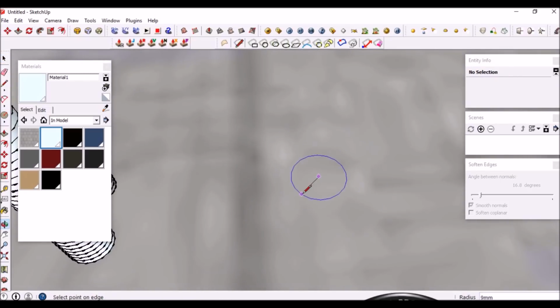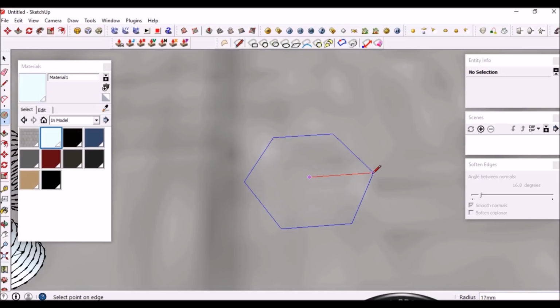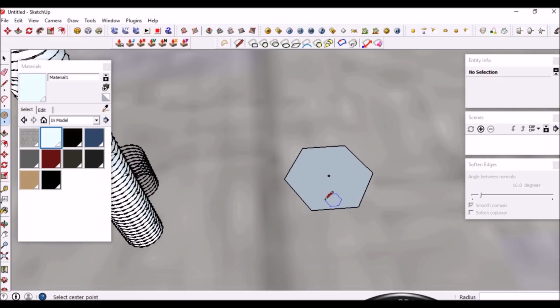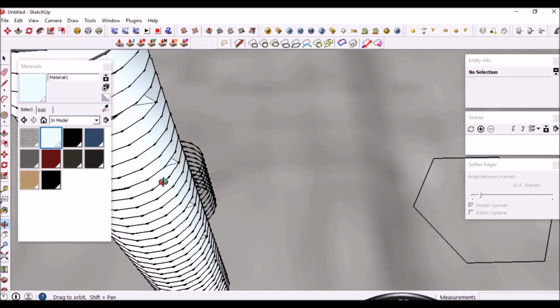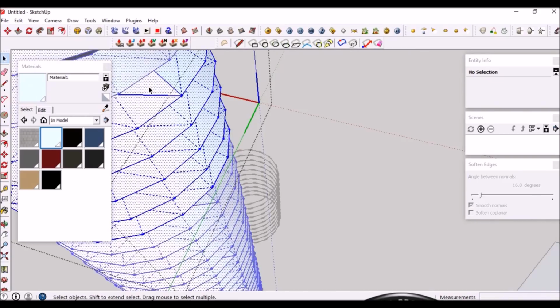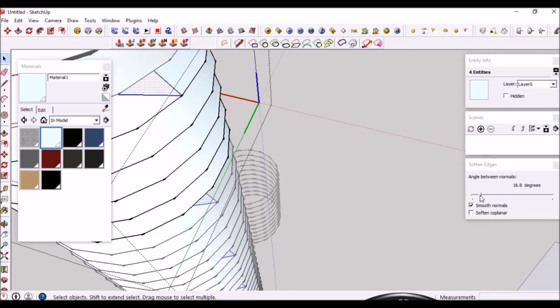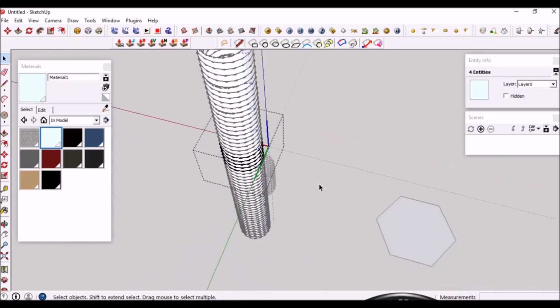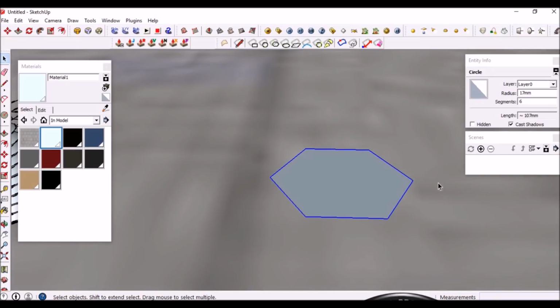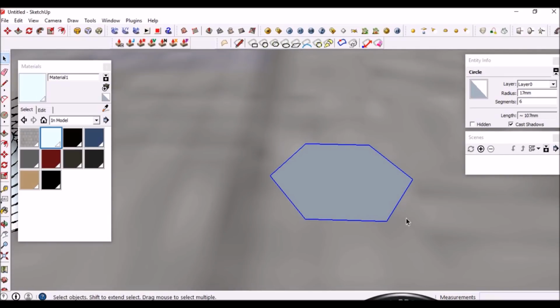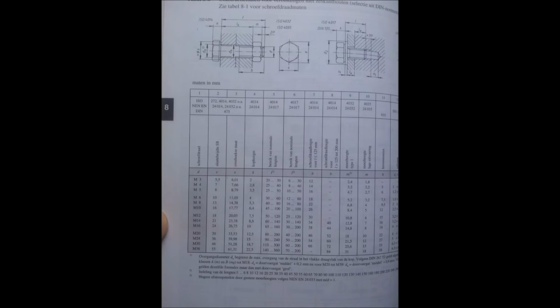So I'm gonna activate the circle and I'm gonna type in 6S, and there you go. I almost have it already. So I'm gonna go to my, do I have another one over here? That didn't want to go away. Oh yes, I did. So I'm gonna go to my sheet over here, and you can see the head has a height of